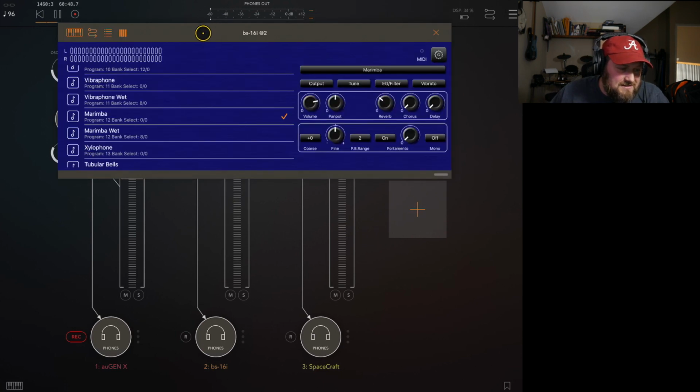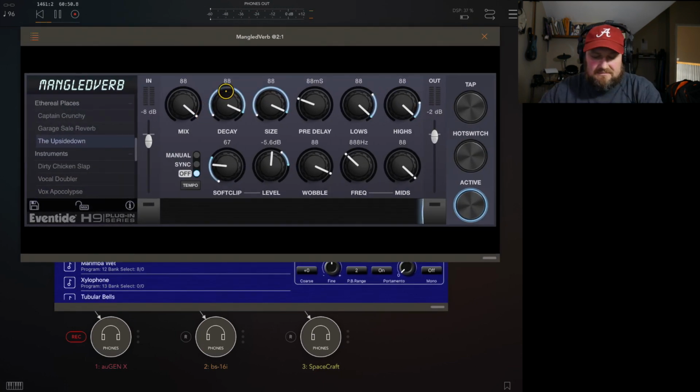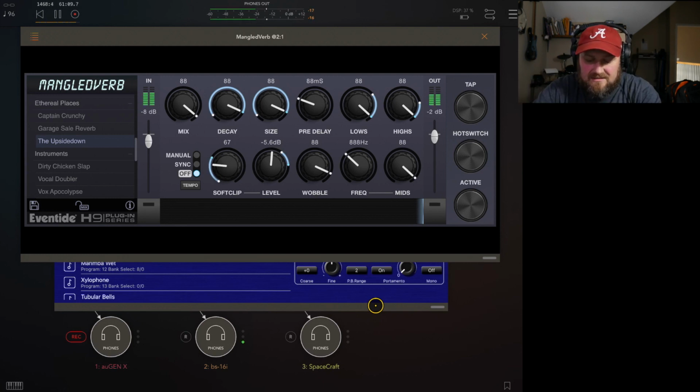What could it do to like a simple Moranbah? Ooh, listen to that. So let's turn it off. You know, I love BS16. It's got some really nice sound fonts. That just sounds so clean. But then when you add the upside down,